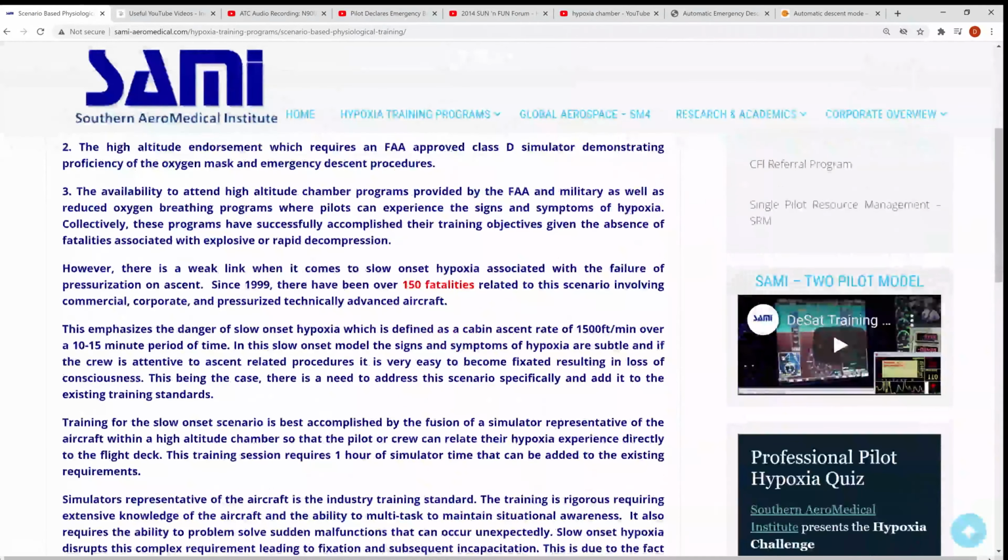This is what happens if the pressurization system is essentially not set properly, and in some of these cases the alarm doesn't go off for some reason, or the pilots think they have it figured out, or in the Helios accident they actually thought it was a different alarm. They just misdiagnosed what the sound was relating to, and the euphoria was a part of that. But where these typically manifest, in Helios, in Payne Stewart, in Colgan 66, which was a slow onset hypoxia,